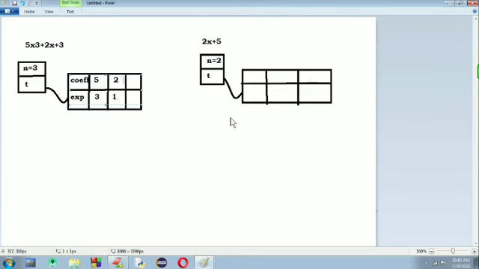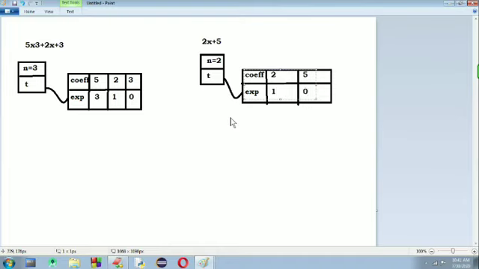The third term's coefficient is 3 but exponent is 0. Now the second polynomial's coefficient and exponent. The first term's coefficient is 2 and exponent is 1. The second term's coefficient is 5 and exponent is 0.